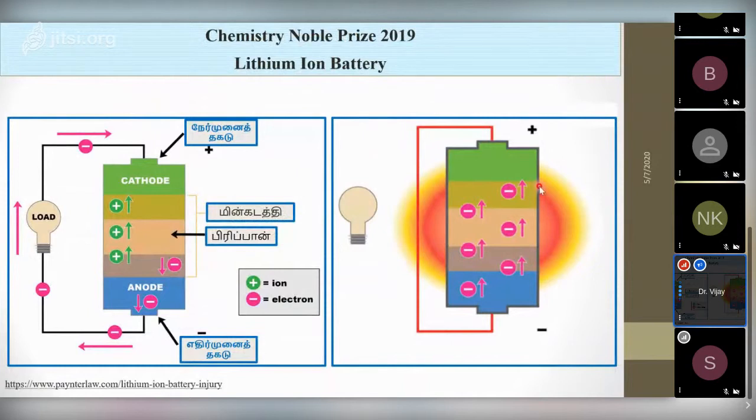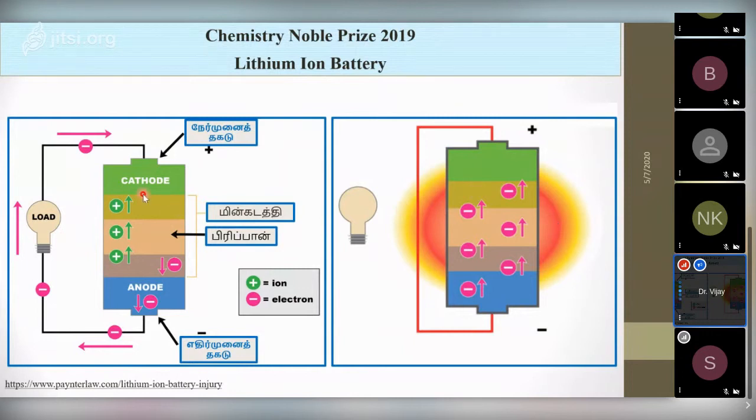So maybe there are more bachelor students here, so I wanted to show this. This is a lithium-ion battery which won the Nobel Prize for Chemistry in 2019, very recently, last year. So the battery is such an important thing in the scientific world and in commercial applications. As you know, from your school days, you have studied these types of batteries, how it works. Without a load, overheating is possible, so there is a possibility for explosion. So we need to connect a load.